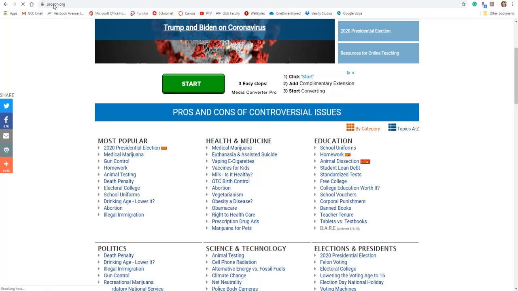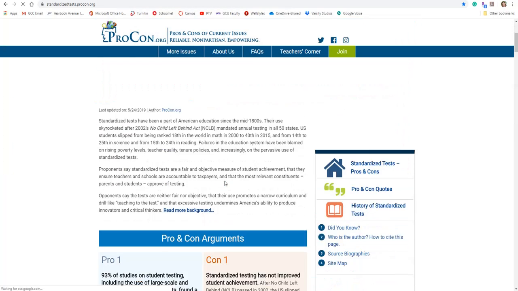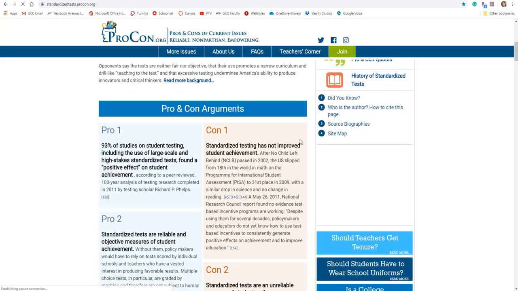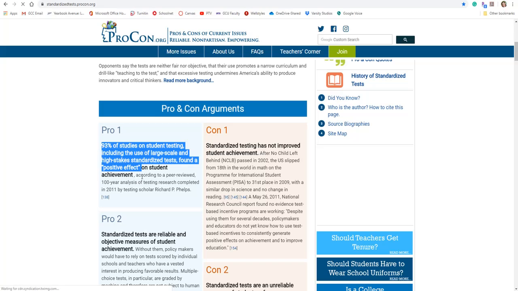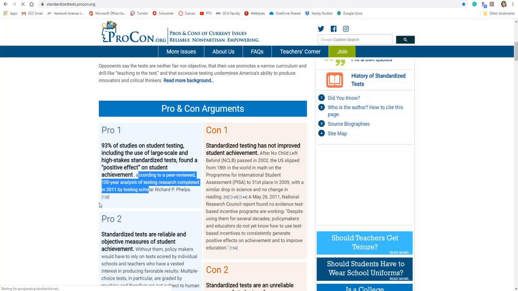But it's great for counter arguments, and it's also great for the argument paragraphs that you're going to need to be including in the next section of your paper. So let's go here. Let's go something simple. Standardized tests. Okay. The thing that I like about this, or the way that this website is organized, is that the claims are listed and then it gives you a little bit of evidence that you can then follow. And the evidence is all footnoted.